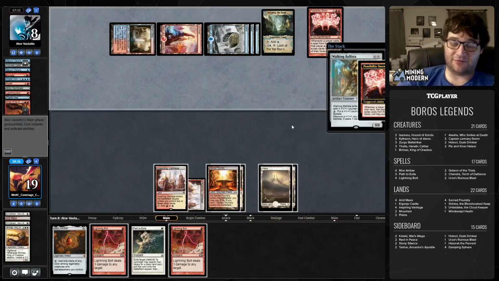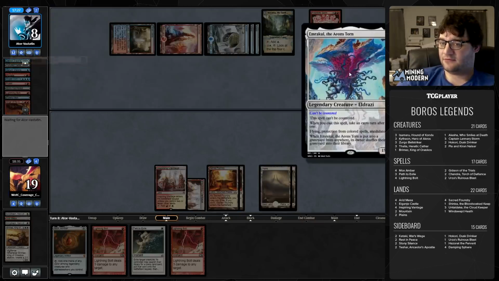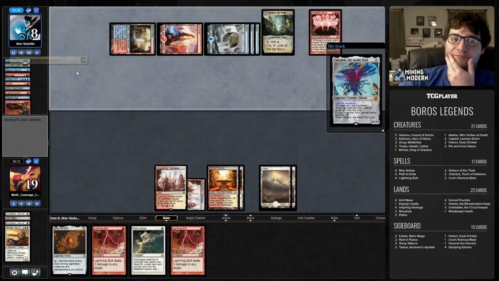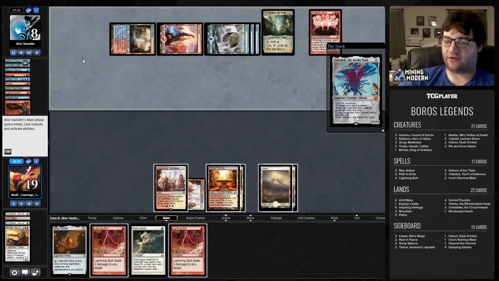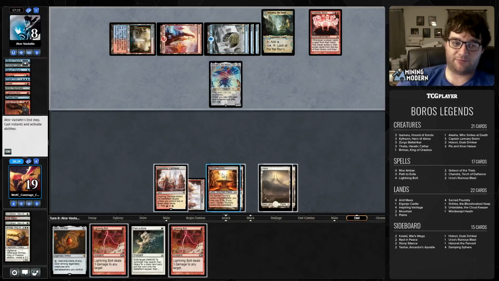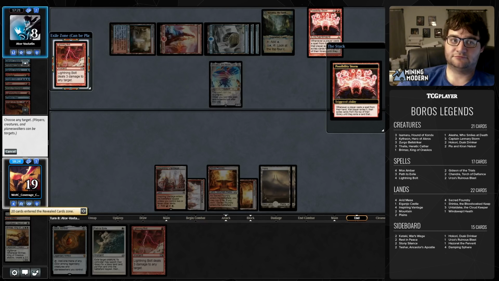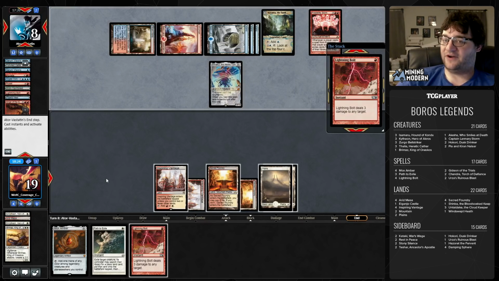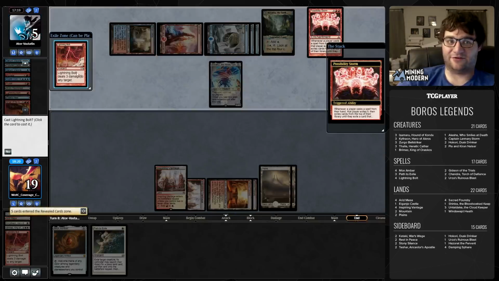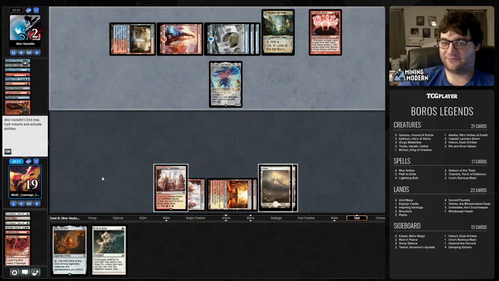I guess maybe I should have bolted them in response. I don't even know. Oh, it's the only creature, so they get an Emrakul. I see. It's just a really slow Emrakul deck. Well, whatever, let's have some fun with the lightning bolts, I guess. Alright. Bolt finding bolt. I mean, I think we only have other lightning bolts to find, yeah. I guess now we can't top deck one, but we couldn't have done that anyway, so...